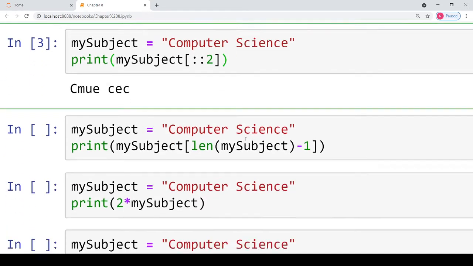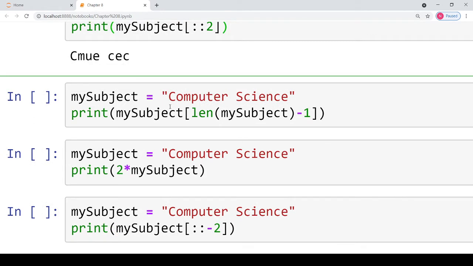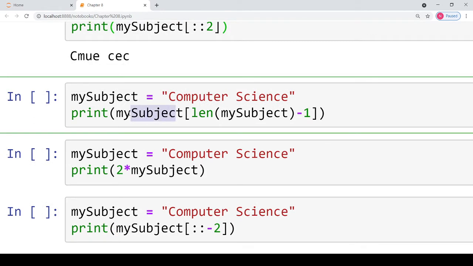Coming to the next part. In this part you have to print the character that is present at length of this string minus 1. How will you know that the answer will be a single character or a substring?